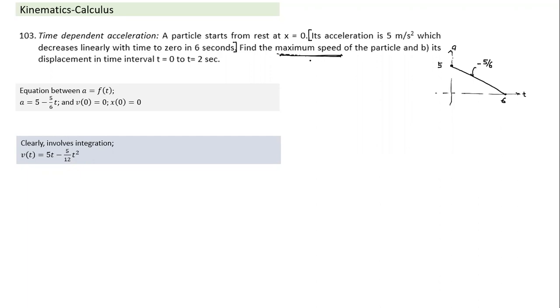Anything maximum, minimum, how do you find? The speed is varying with time. So at what value of time will the speed be maximum? dv by dt has to be 0, which means acceleration has to be 0. So at what time will speed be maximum? When I equate acceleration, which is dv by dt, to 0. For any quantity varying with time, it will become maximum when its derivative with reference to time is 0.